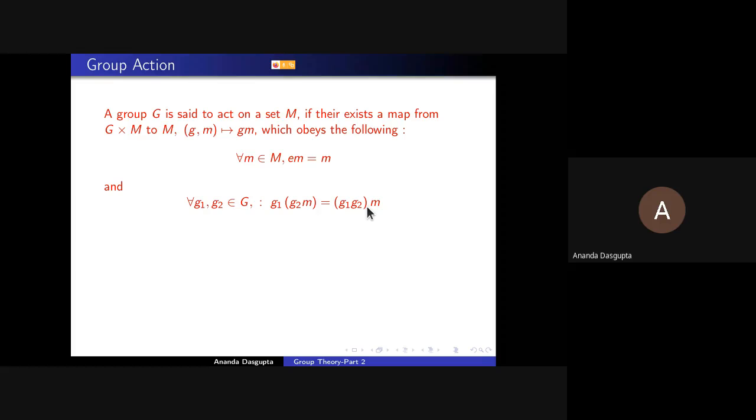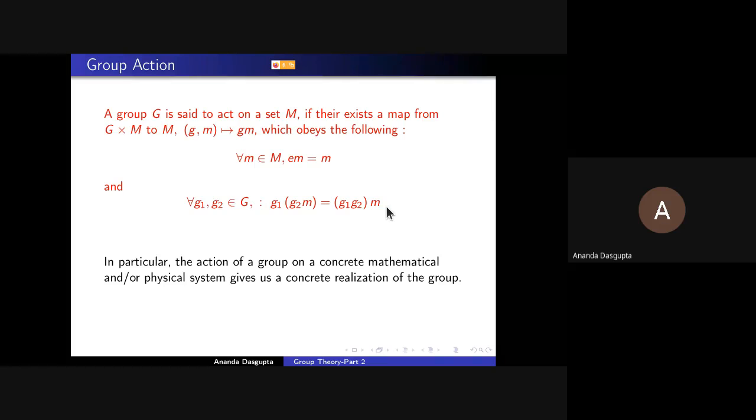You should realize that that's exactly the rule that we use to figure out the multiplication table for the group of symmetries of the equilateral triangle that we talked about. All we did was we first applied B, let's say, on a particular point P, and then we applied A, and the result was something, but we knew that it has to be BA acting on P. And whatever that turned out to be, BA has to be equal to that. That's how we built up the multiplication table yesterday. And that was basically based on the fact that you have this basic property in every group action.